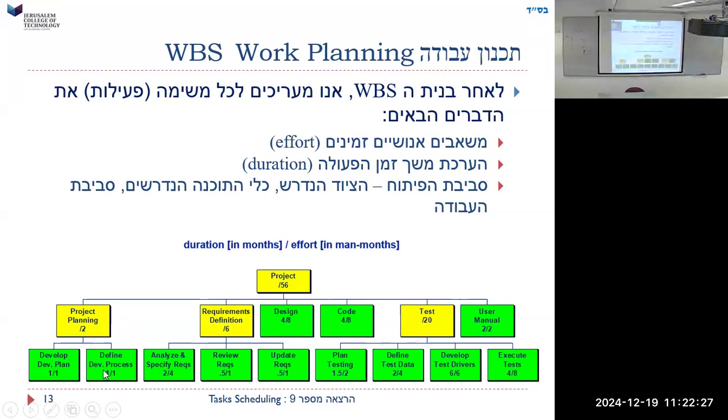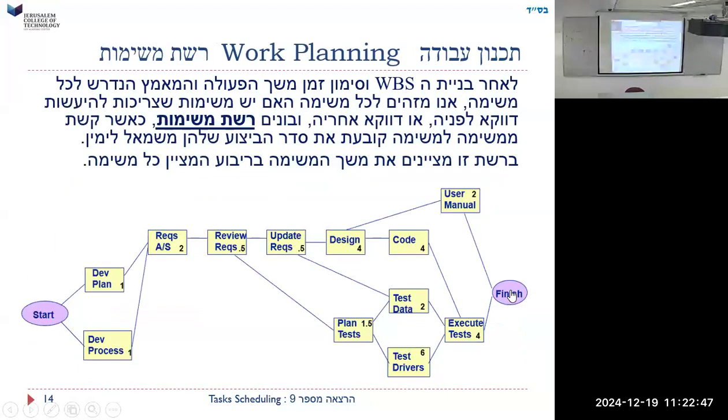But here, but also here, development plan. Define development process. Maybe they're independent. Well, does it say the start time and the finish time? Here's the finish. We have to compute the start time and finish time. That's what we're going to do. I mean, we can see that this, according to this,